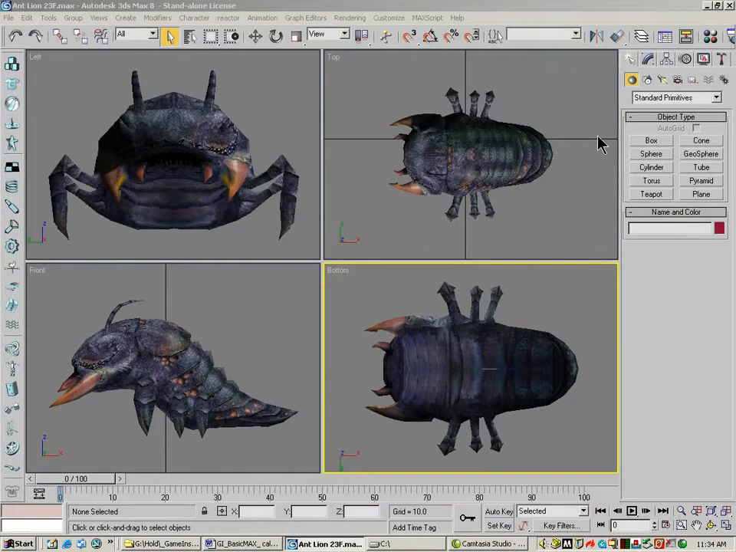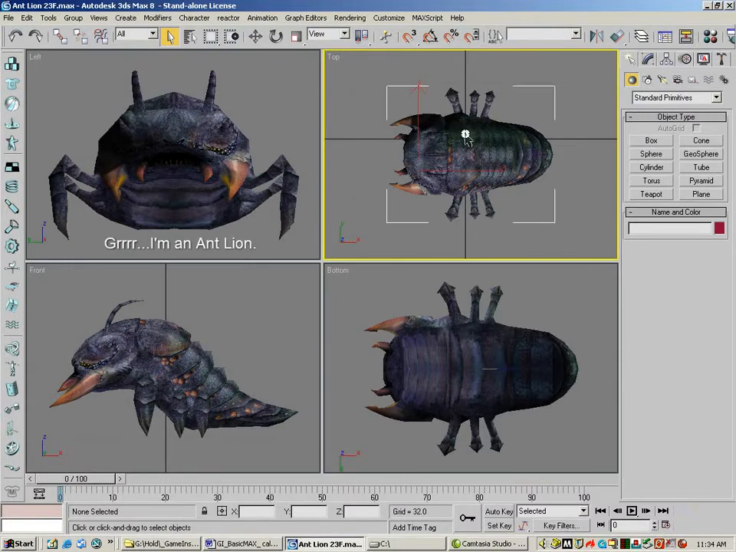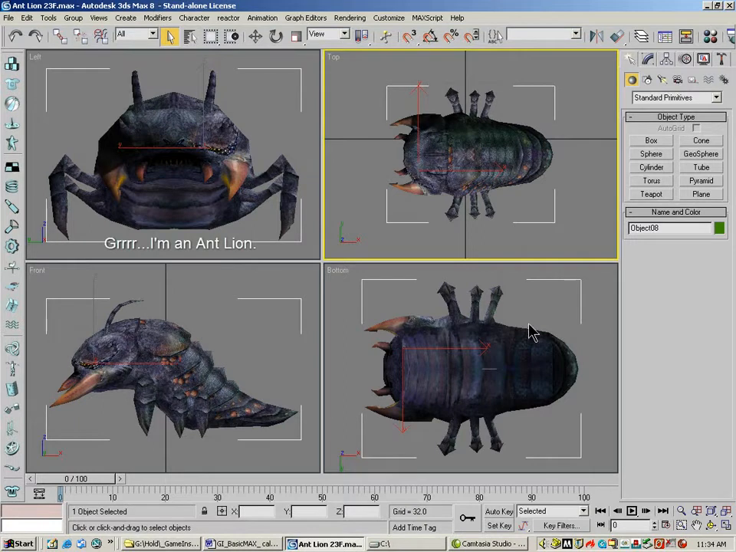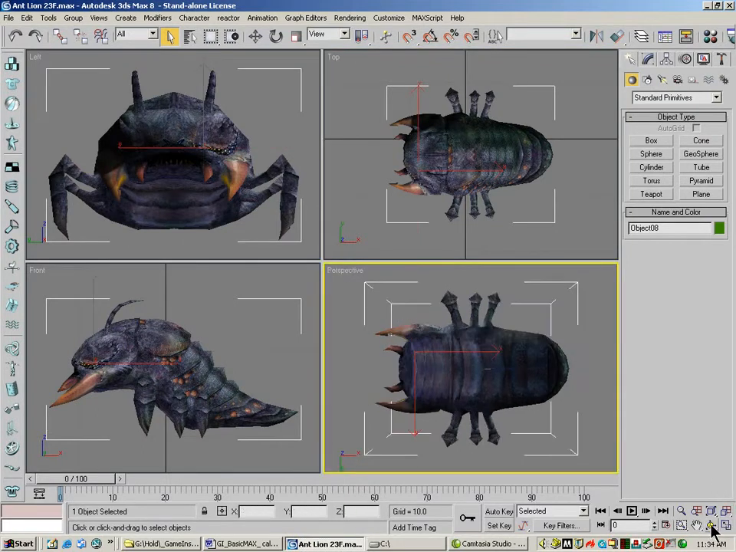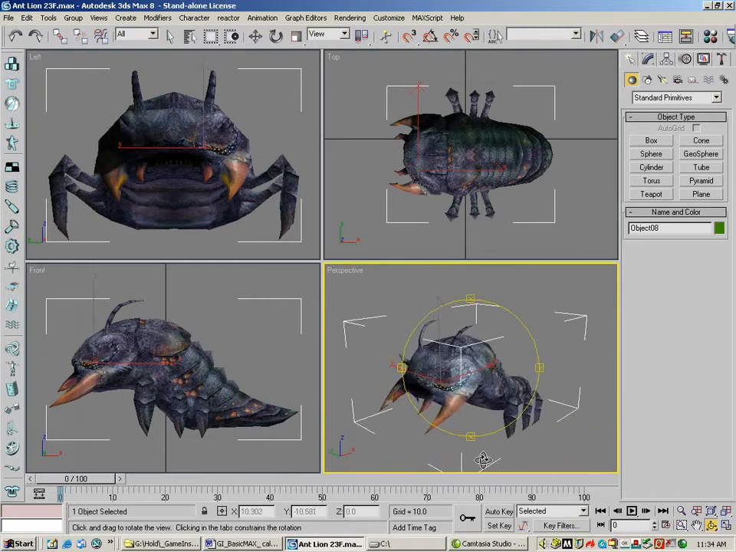So I have my little antlion here, and he's a little monster that we made for a game a while back. You can see if I click on him, it will get this white box around him. That means he's the selected one. What you might want to get in the habit of doing, actually let me set this up how you're used to seeing it. This would be a perspective view, top. This would be the front